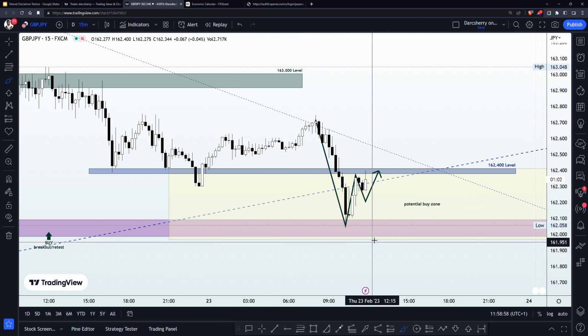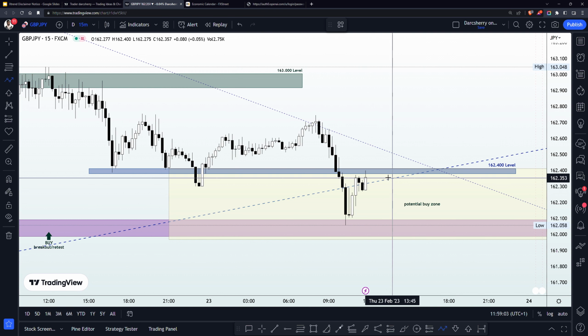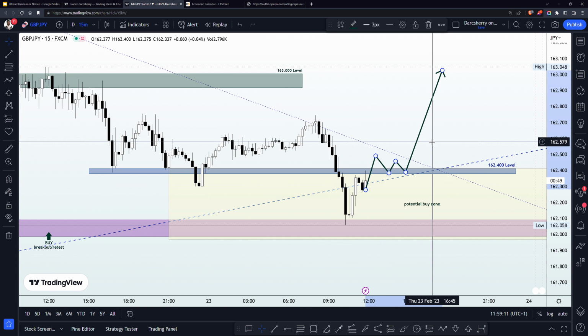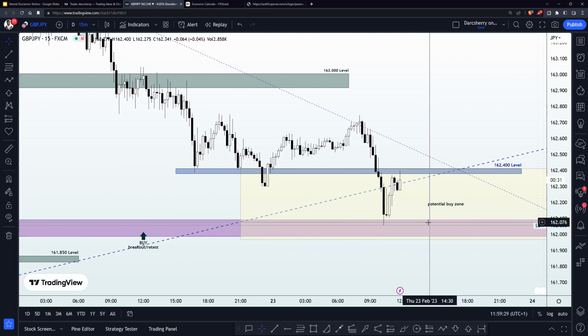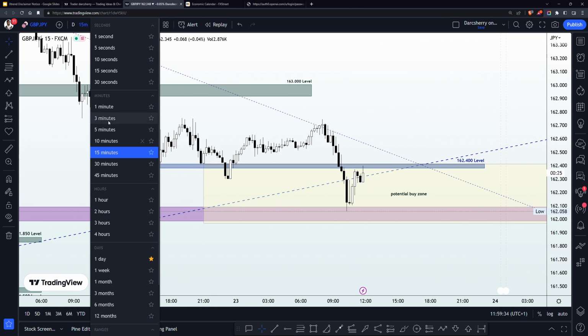that reversal pattern. So what we are going to be looking out for to buy the GBPJPY is to see a breakout of the 162.400 followed by a retest of structure here on our lower time frame, or you could go as far down as the 3 minute, 2 minute, or 1 minute time frame to look out for buying opportunity above that structure. And if that happens, we want to be joining a rally from that level. So this is how we want to be buying the GBPJPY for today. So that is that on the GBPJPY.